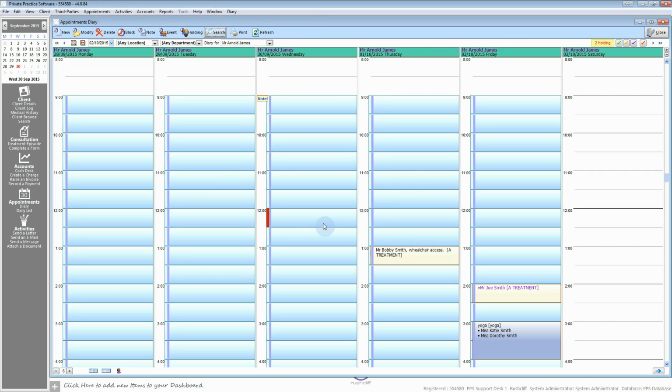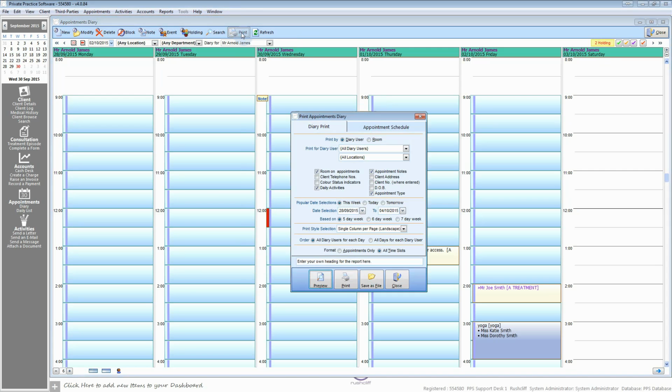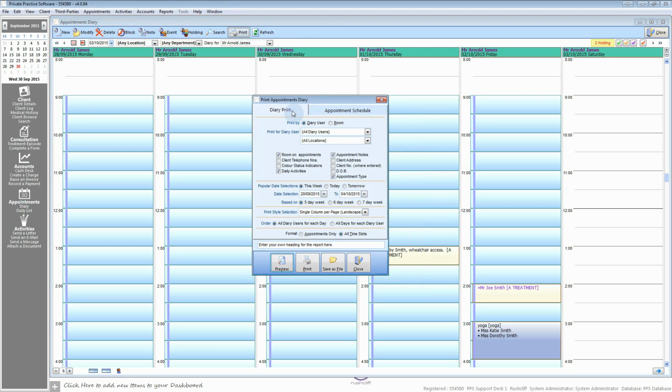Now the last couple of things that we'll go through is printing. So again, you'll find that on that menu right at the top there. And if we click onto print, you'll see that the first option we get here, so there's two tabs, is diary prints. So what this will allow you to do is print out a diary schedule for one or all